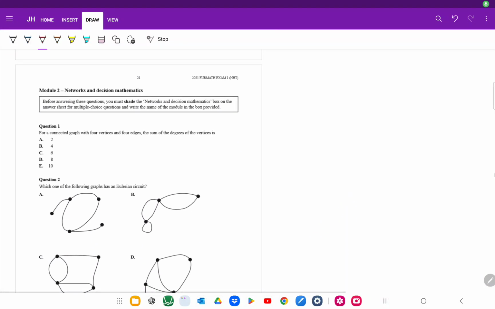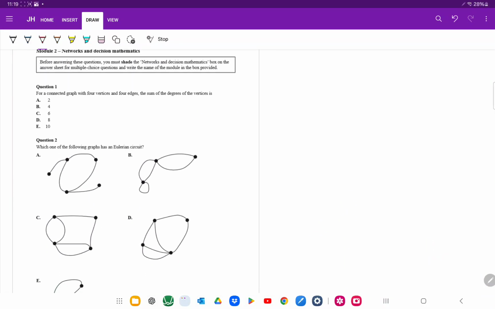This is the 2021 networks connections at this point. So let's talk about question 1. It says, for a connected graph with 4 vertices, 4 edges, the sum of the degrees of the vertices is what? I would suggest with this one you actually just draw out